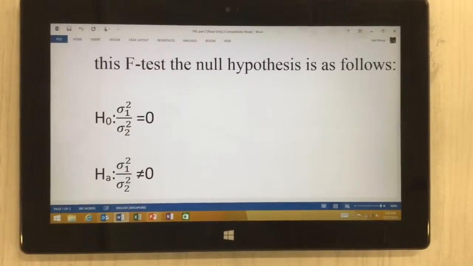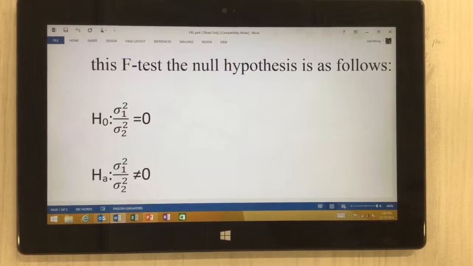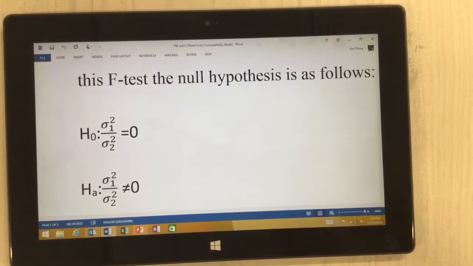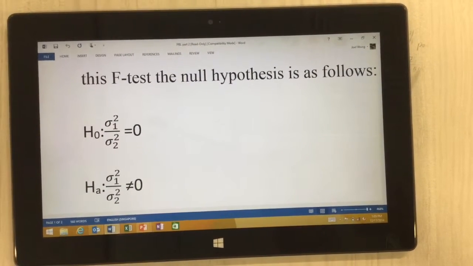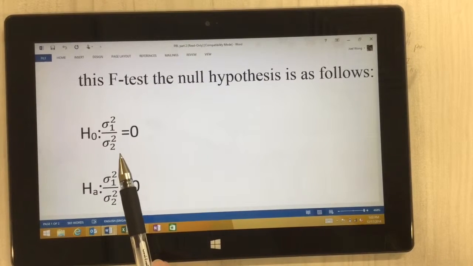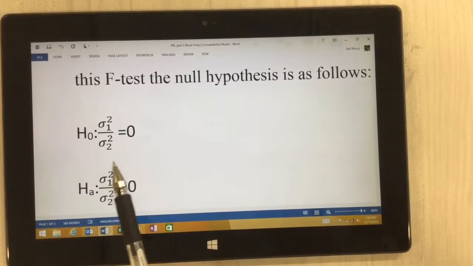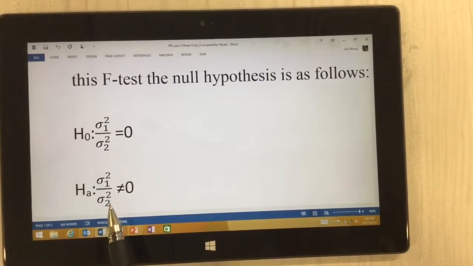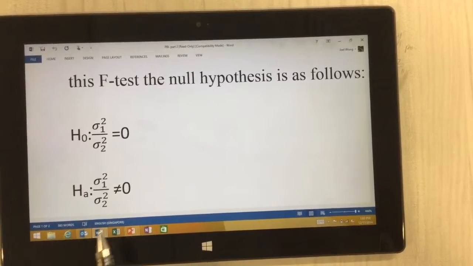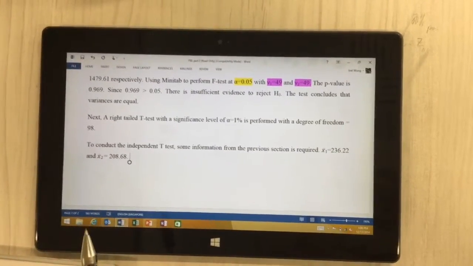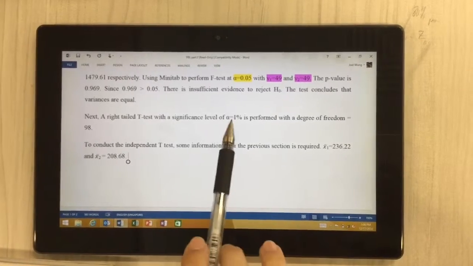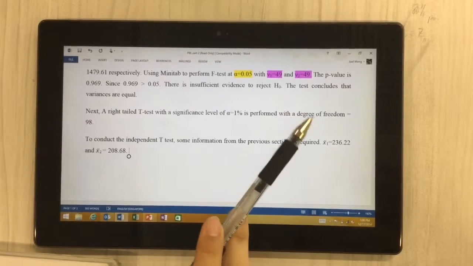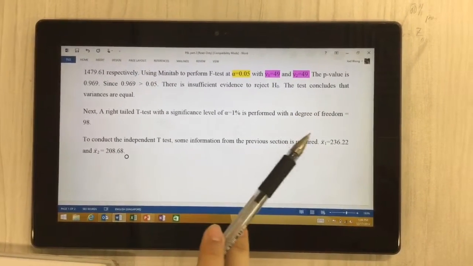Now, because population standard deviation is unknown, we have to conduct an F-test to see if the variances are equal. In this F-test, the null hypothesis is as follows. H0 is sigma 1 squared divided by sigma 2 squared equals to 0, while the alternative hypothesis is sigma 1 squared divided by sigma 2 squared is not equals to 0. From Minitab, we have to perform the F-test at alpha equals to 0.05 with V1 equals to 49 and V2 also equals to 49. So the p-value from Minitab given is